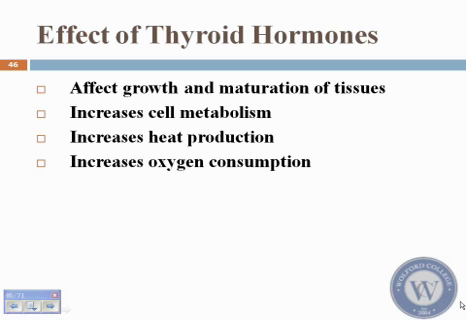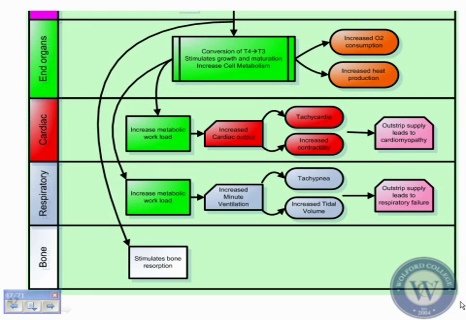So instead of having to memorize it, just think about it. Now we don't have to memorize it. What do you think it's going to cause? An increase in metabolism, increased CO2, increased water, increased heat, and increased production of ATP, which is going to require, for that to take place, oxygen as a final electron acceptor in the process. So it requires increased oxygen consumption. So this is what it does when you look at the end organs.